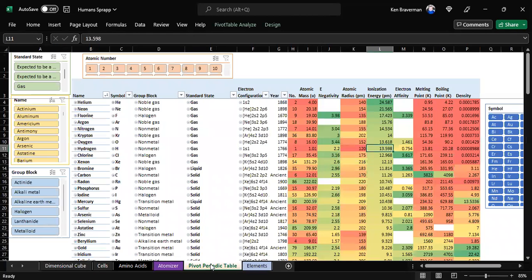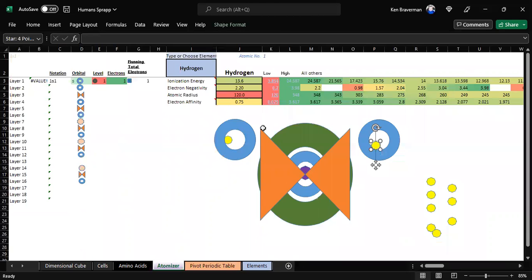God bless YouTube, God bless human beings for putting out common consensus knowledge all over the internet that we can grab. This is some information I got with the periodic table of elements, and I've put it into a pivot table, which is what I do. And putting stuff into a pivot table has allowed me to start really understanding some things about what's going on in the periodic table and how things are bonding. So let's get back to the question here, which is